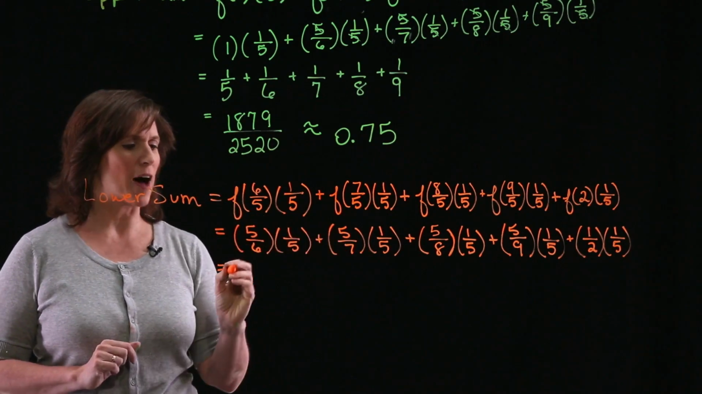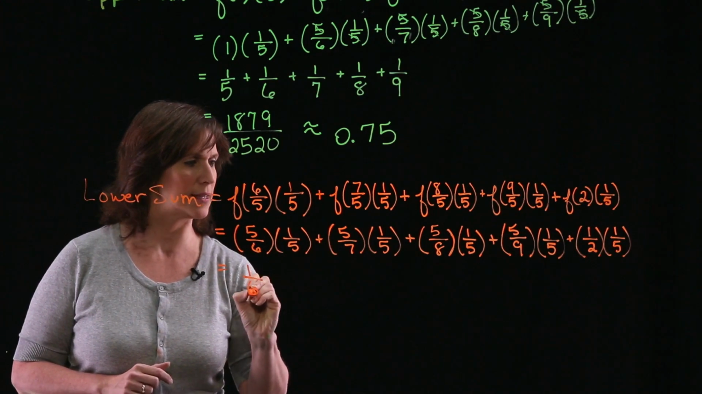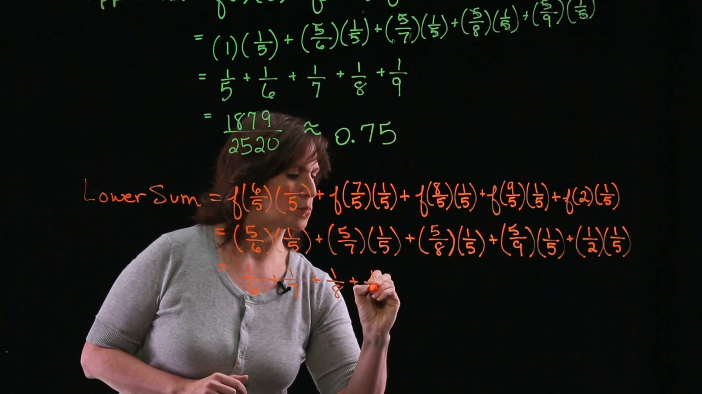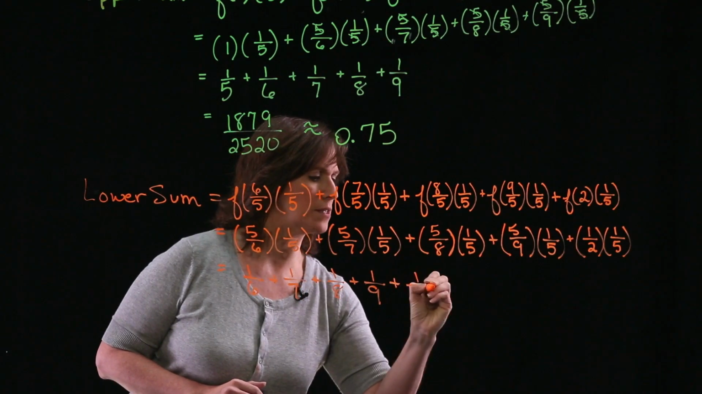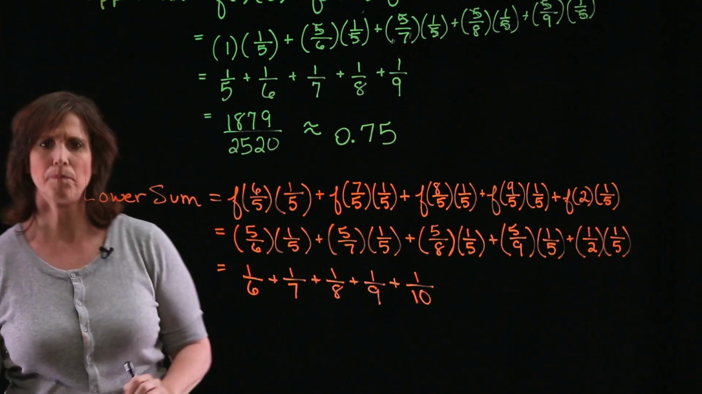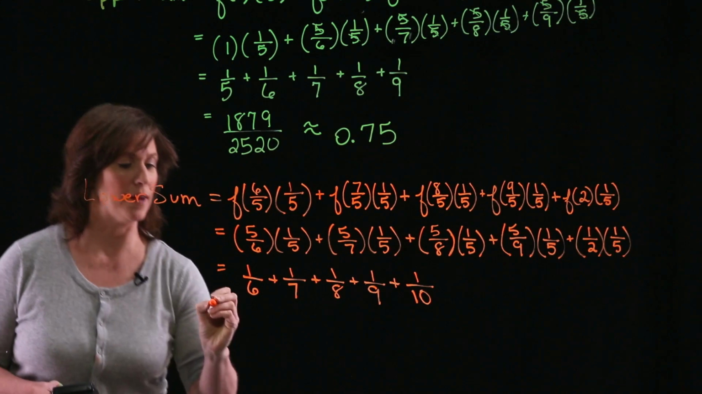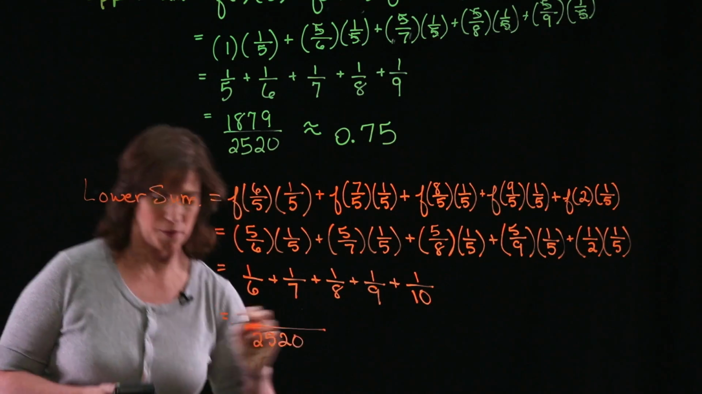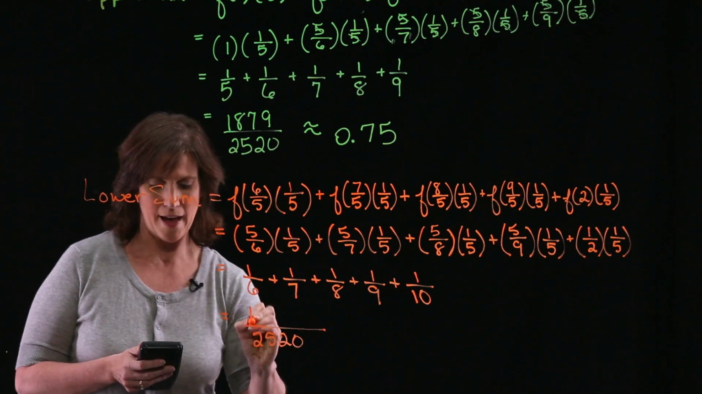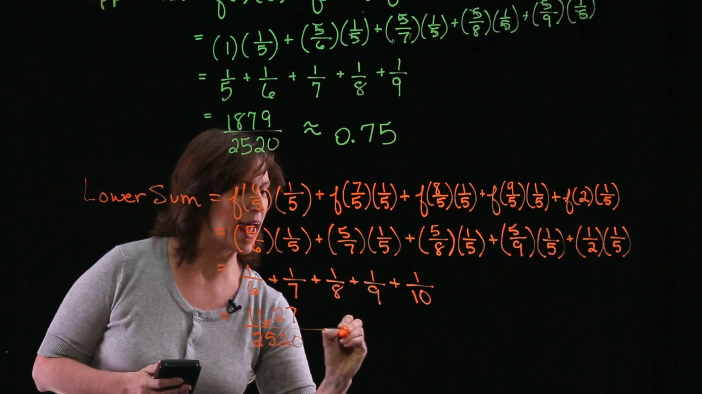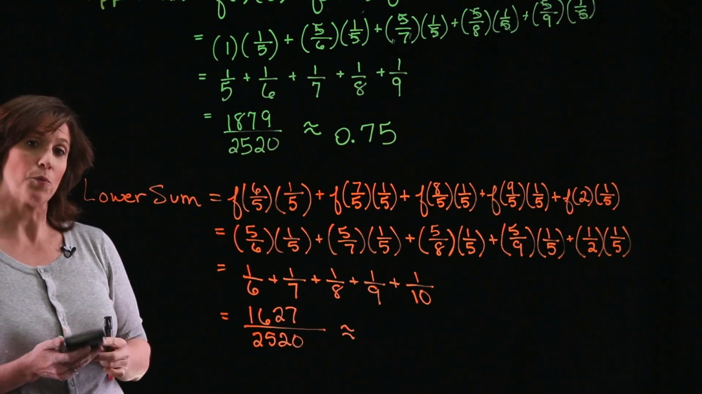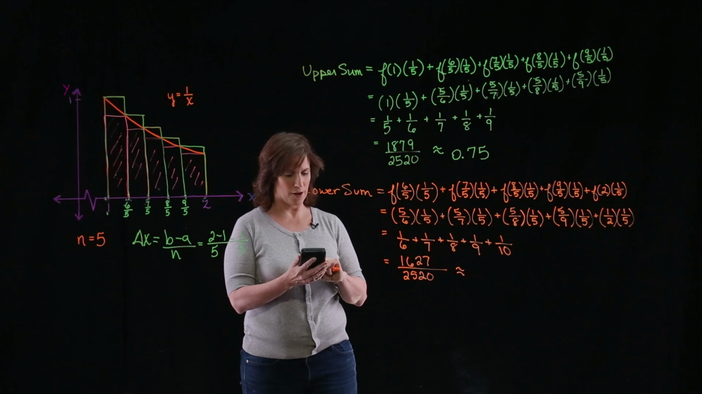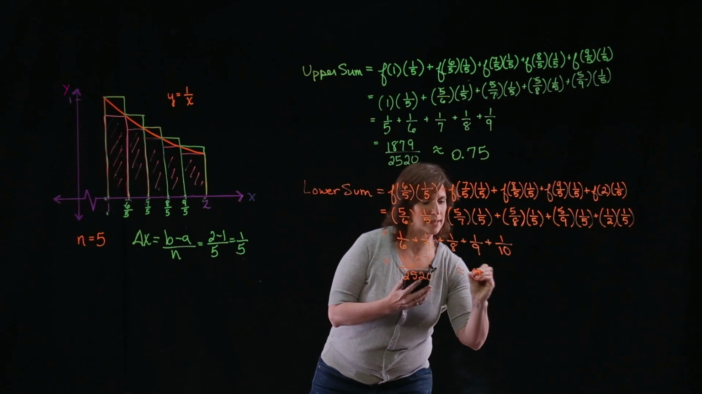All right. Again, some arithmetic. There's going to be a lot of cancellation with the 5s as before, so I end up with 1/6 plus 1/7 plus 1/8 plus 1/9, and that last piece is going to be 1/10. Okay, you can get a common denominator for this one. It's also going to be 2,520, but the numerator is going to be 1,627. And I can use my calculator to get a decimal approximation for this. So 1,627 divided by 2,520, and I get approximately